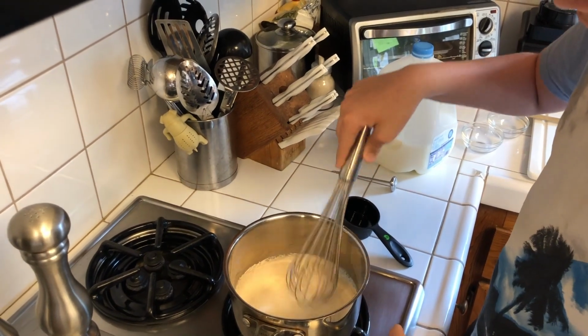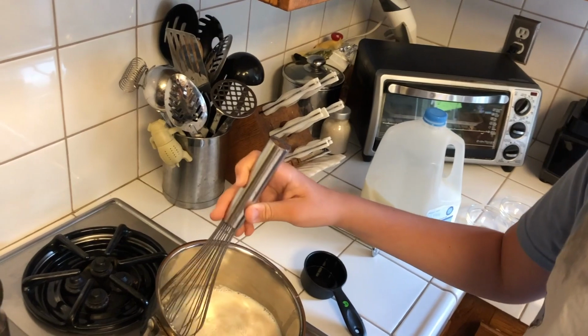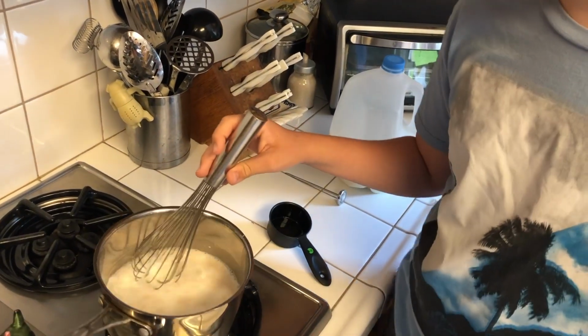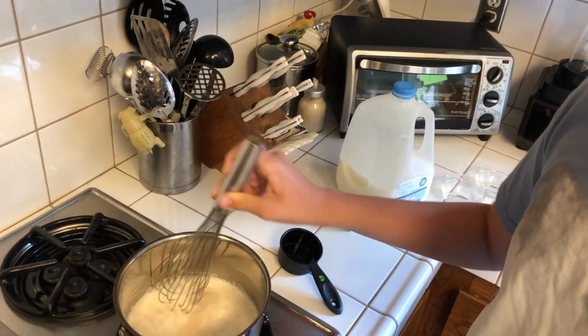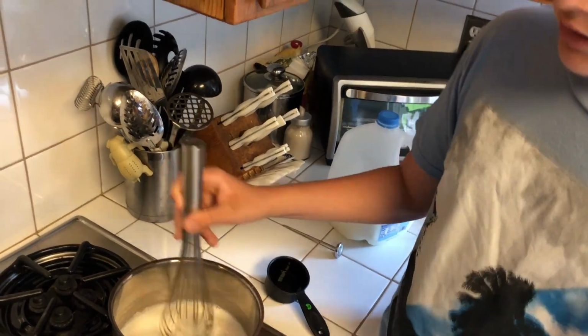And when you're mixing it, you should start to see the yeast. In 5 to 10 minutes, you should see your yeast start to bubble and gurgle. And that's when you know you've got good yeast. If it doesn't do that in 5 to 10 minutes, you know it's not good yeast, and you should go